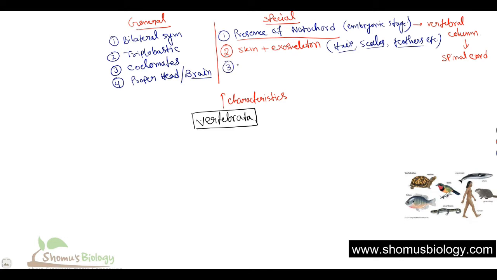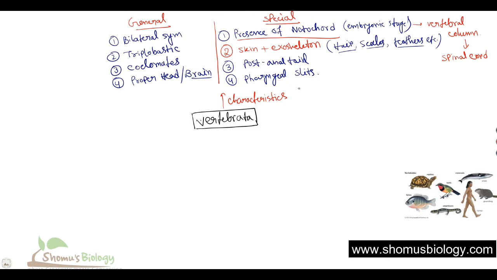The third important feature that they have is pharyngeal slits, and they also have a post-anal tail, means when the anus ends, still they have an extension, so a post-anal tail. Although it's not common for all, like in humans we have a very small extension known as coccyx, right? Post-anal tail is present in that case. And apart from that, as I said, pharyngeal slits are present. Okay, all these things are there.